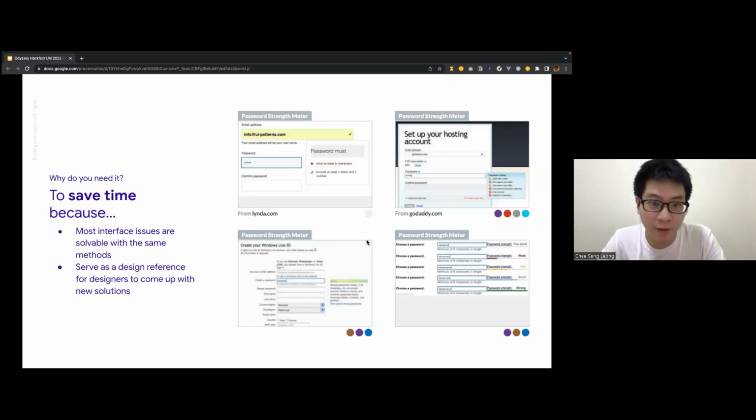Because you need to save time, right? You don't want to recreate everything from scratch. That's why design patterns appear most of the time. And here, yeah, because most of the issues are actually solvable. When you look around the internet, you always see, for example, form fields. You can't actually go too special with form fields. You can